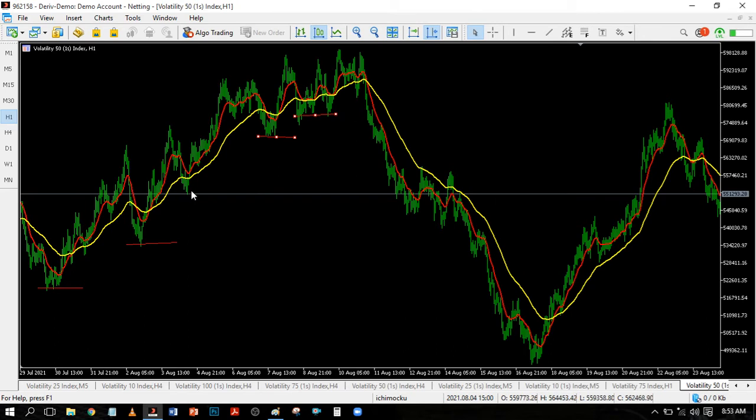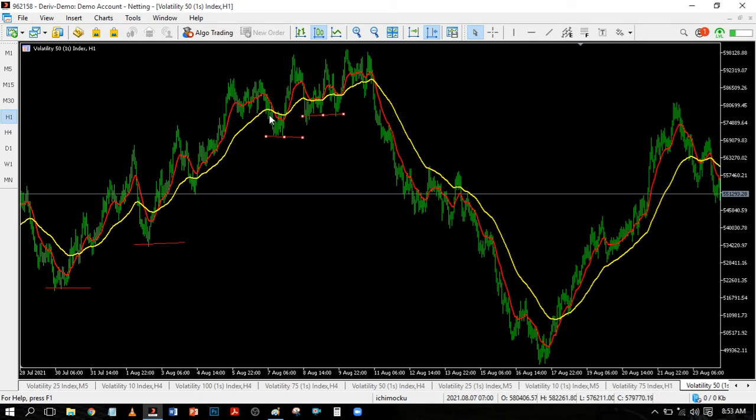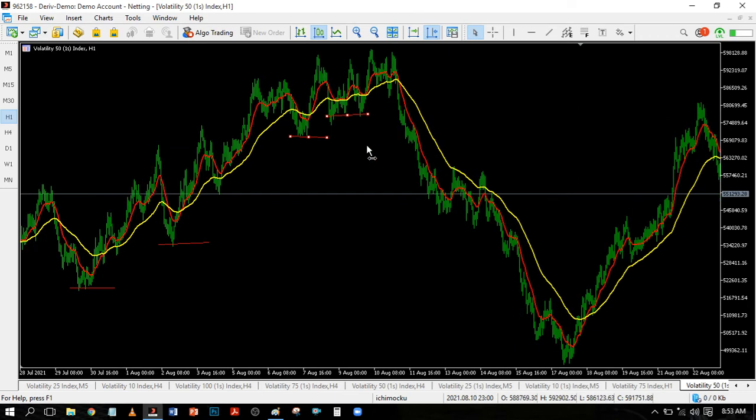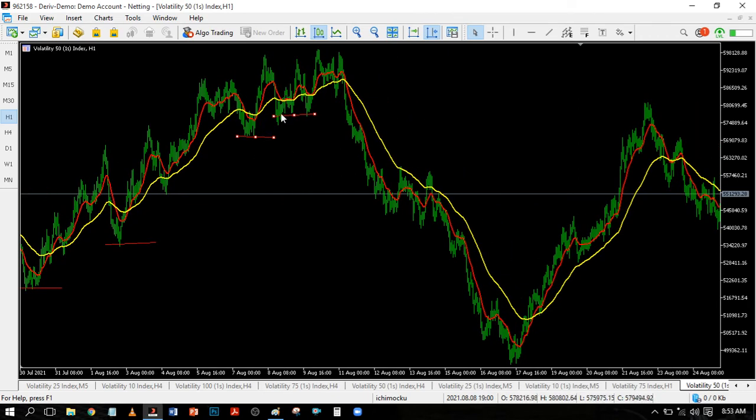So you might want to enter here. No, if I were in your shoes, I wouldn't even bother entering around here. I wait for the 13 to cross back down the 50. Then I know that this is the next pullback, and this is when the next pullback should be coming to an end. Then I enter. Now you notice that the 13 crossed the 50 here, then came back up, then crossed the 50 here again. So this was the last pullback.